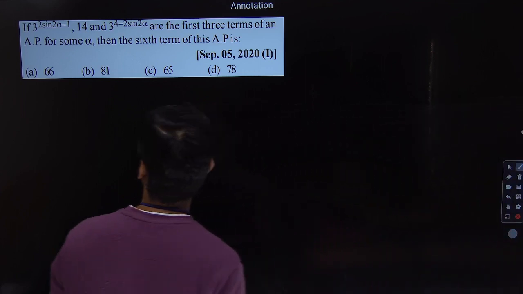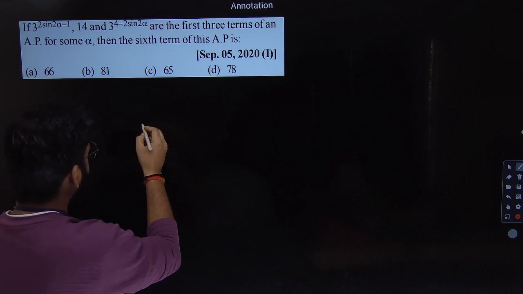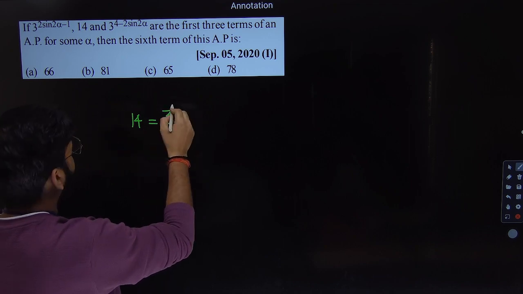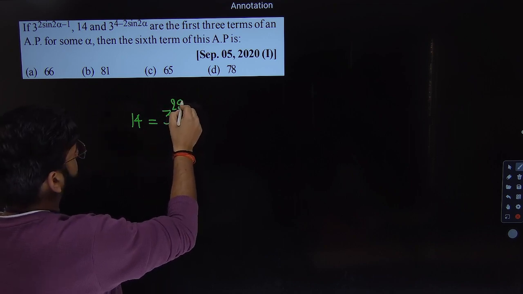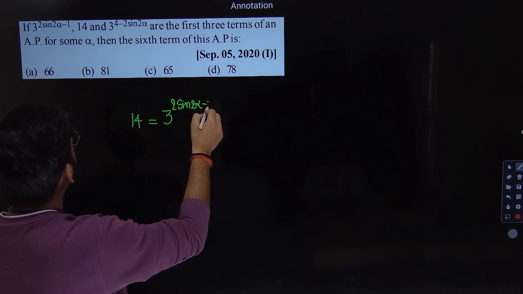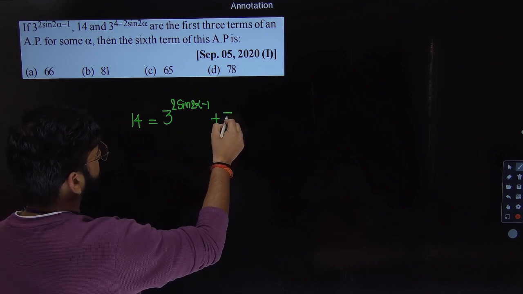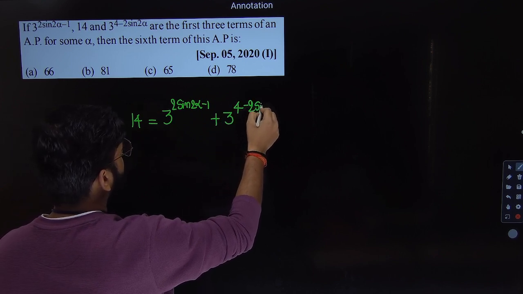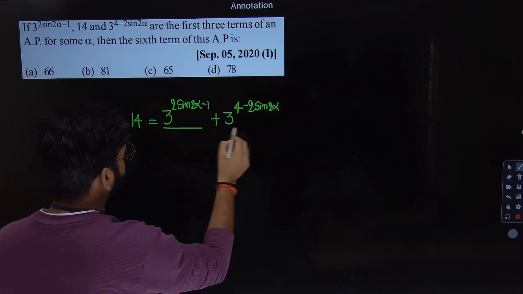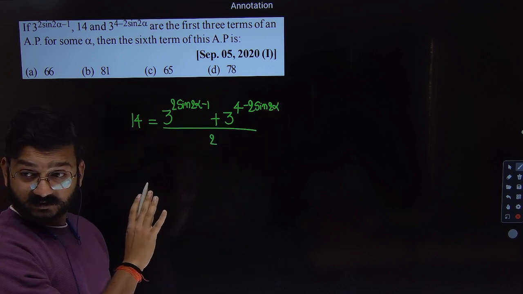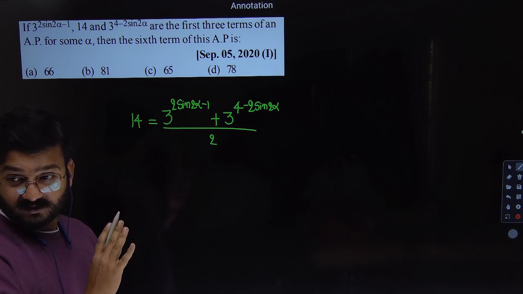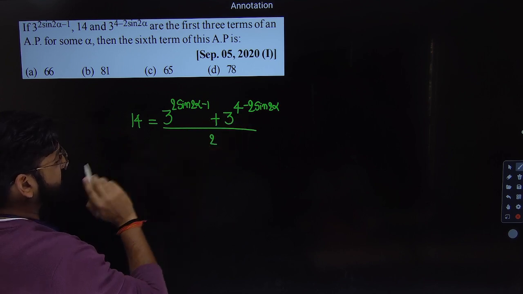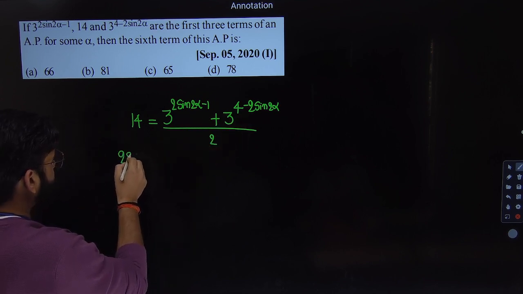All of you try that. So let me apply the condition. 14 will be equal to 3 times 2 sine 2 alpha minus 1 plus 3 to the power 4 minus 2 times sine 2 alpha, divided by 2. Any problem in this? All of you are aware about this? This was in grade 10th also, if you remember. These kinds of questions come in board exams, that the center will be first term plus last term by 2. Multiply by 2, 28 equals to,